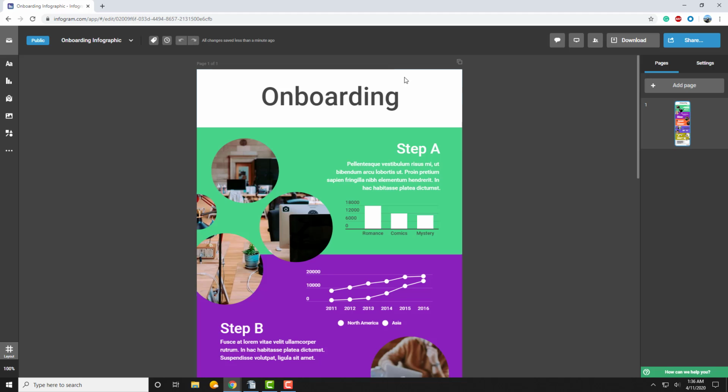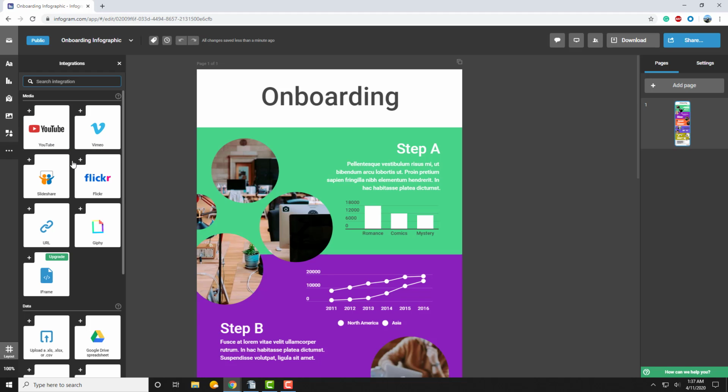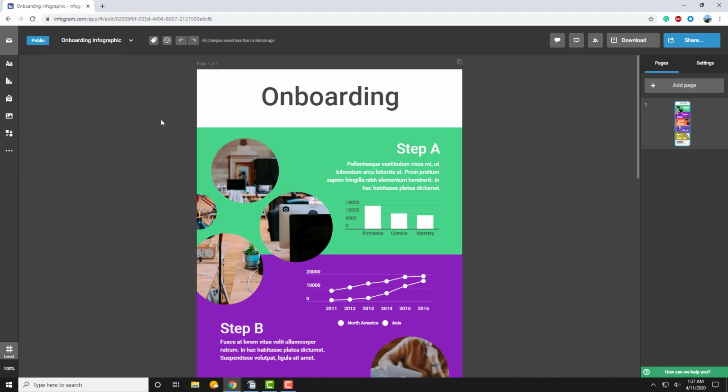Right here you have the place where you can edit. You have all the elements here. You can add text, a chart, a map, graphics, and shapes. You have some other integrations. You can add a link to all this, which is very useful. That's also a pro. And